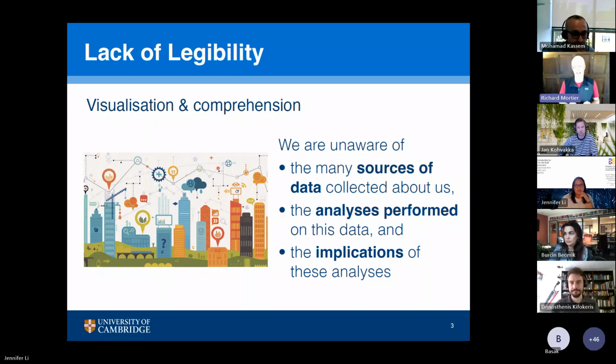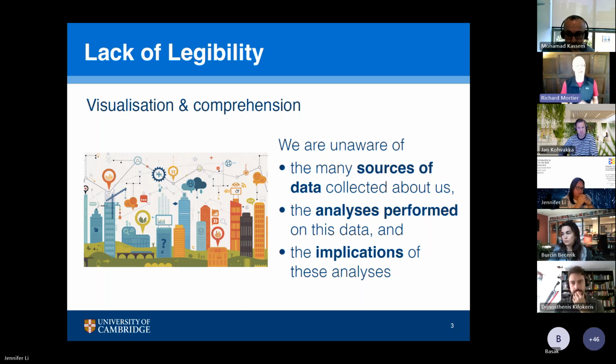So what we were trying to get at here was that people talked at the time about the ability to understand, to be able to see what was going on and see the sources of data. And we were trying to get at something a little bit more than that, where it's not just about being able to see things, because you can be shown some system that's extremely complex and it can make no sense to you, and it's not very helpful to see that. We were trying to get to the point where it actually has to be understandable.